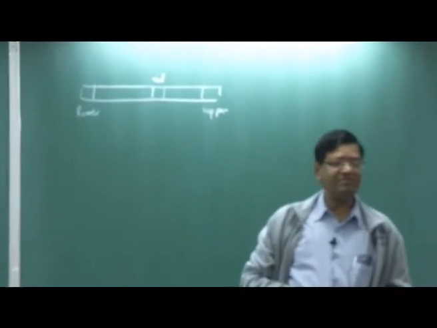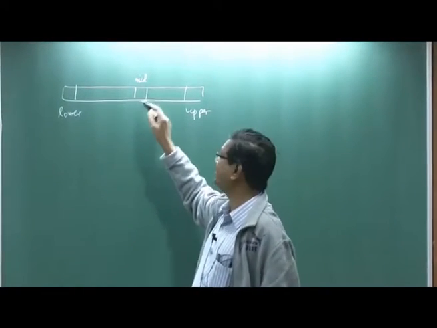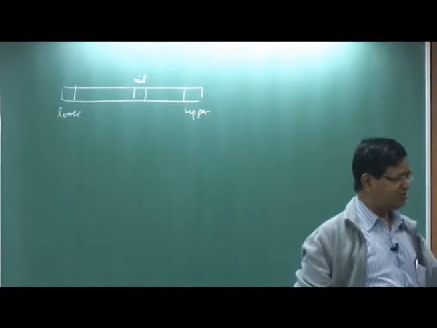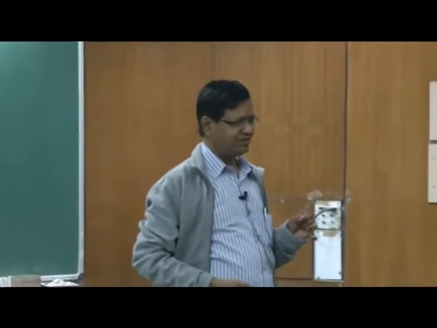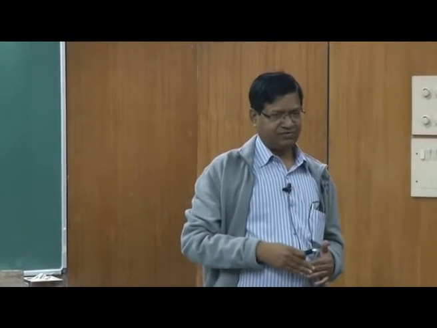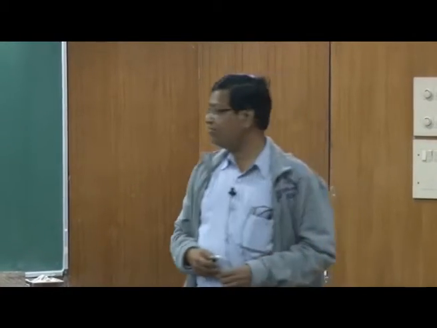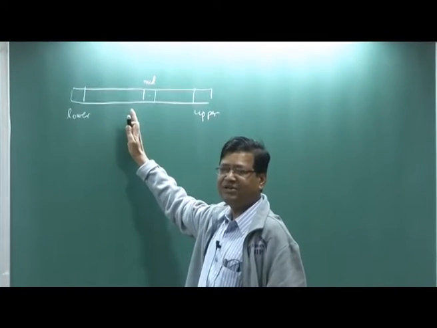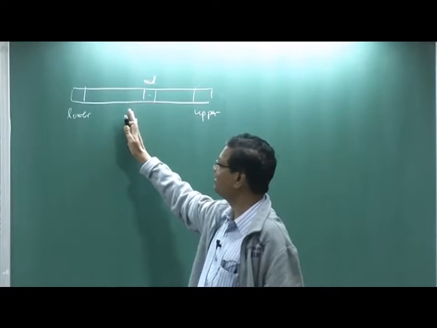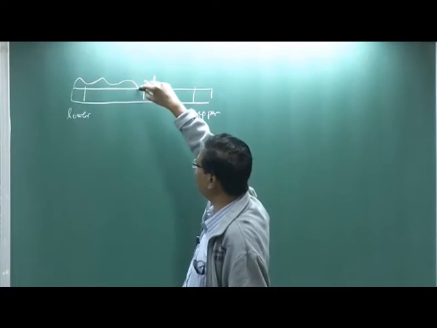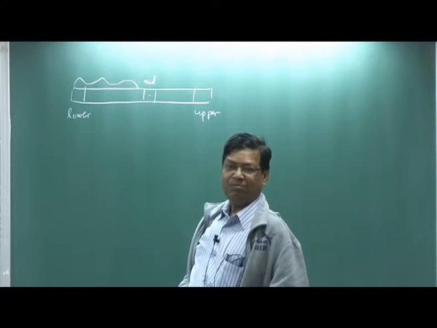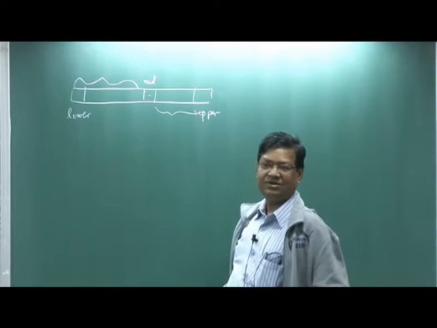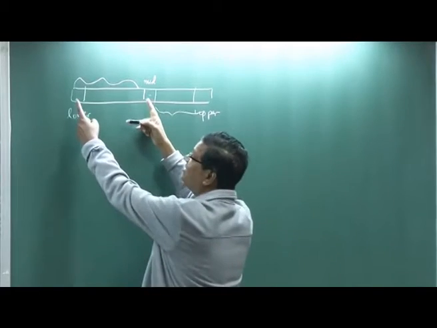See whether the number is equal to mid. If it equals mid, you got the answer. First you should check whether x is equal to a mid, then you return if you get it. If you don't get it, see whether it is less than a mid. If it is less than a mid, then the number is from here to here. But if it is greater than a mid, then it is here. Now I do the same thing for this part.